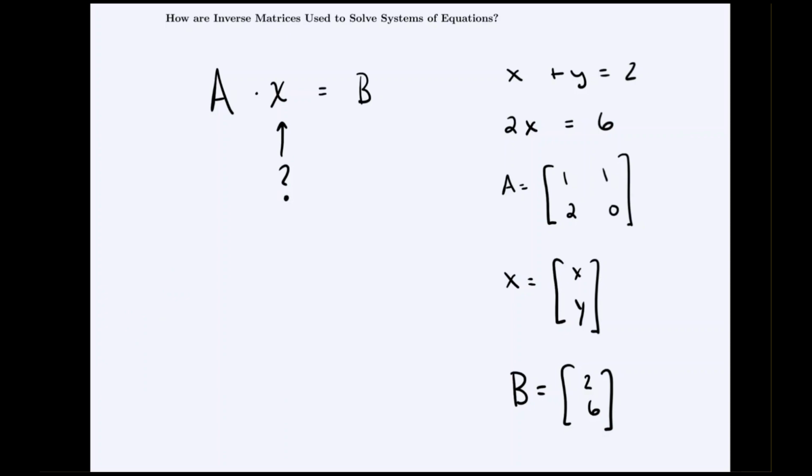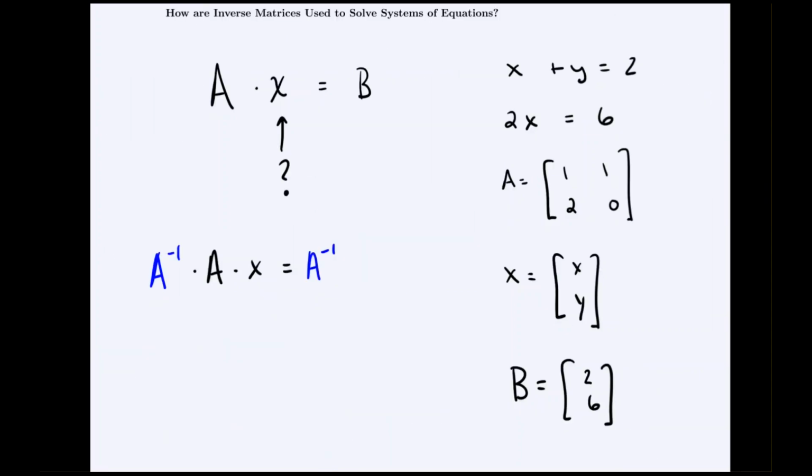So here comes how inverse matrices work. It just so happens that just like any other equation, if I do something to one side, I'd have to do it to the other side. So if I multiply the left side by A inverse, I'd also have to multiply the right side by A inverse. And remember, this is matrix multiplication. When I do that,